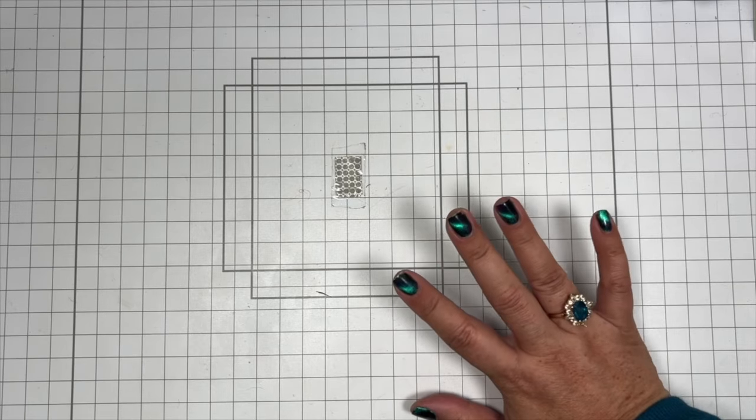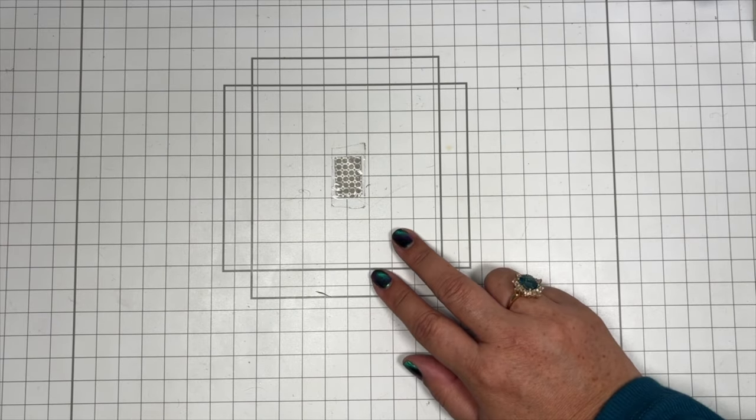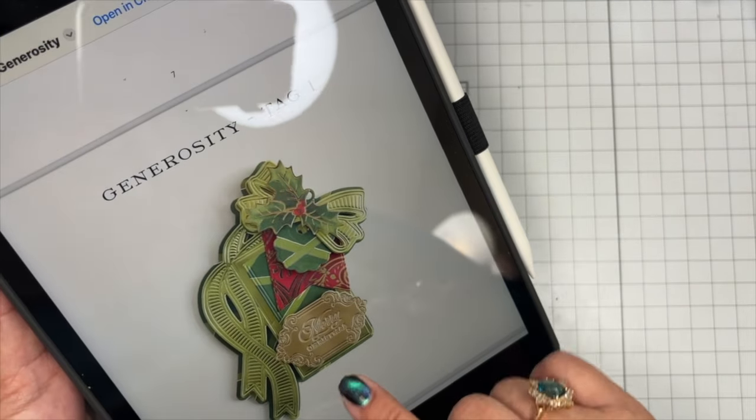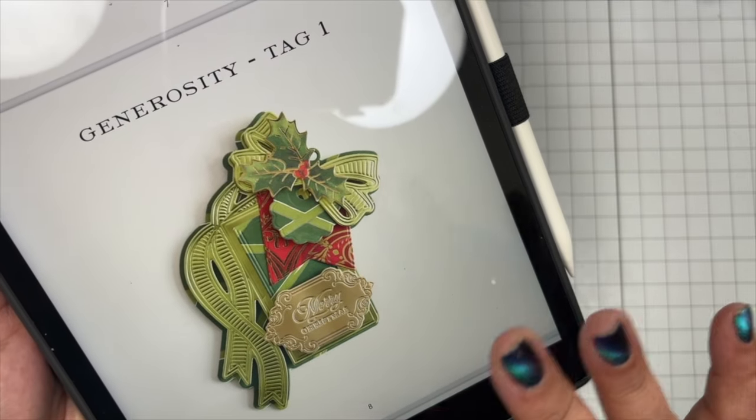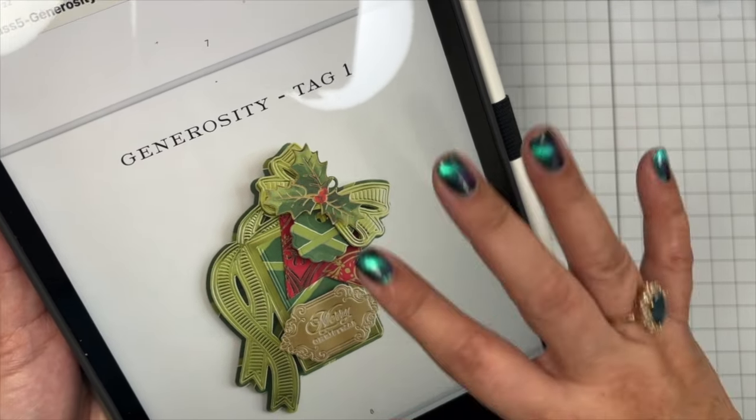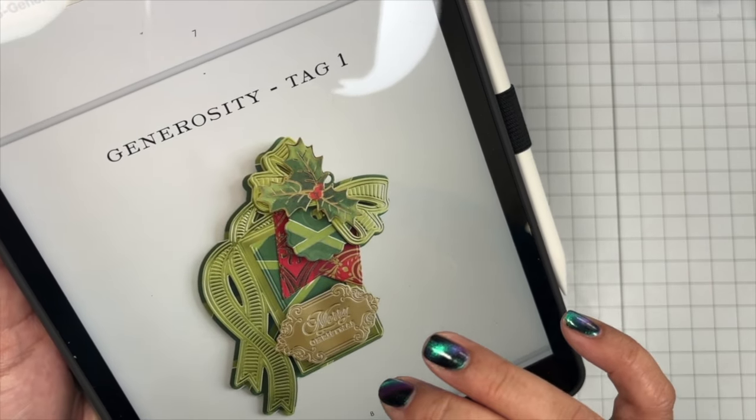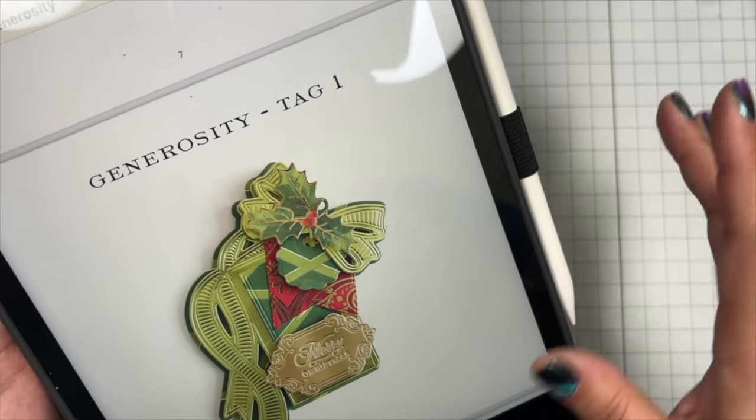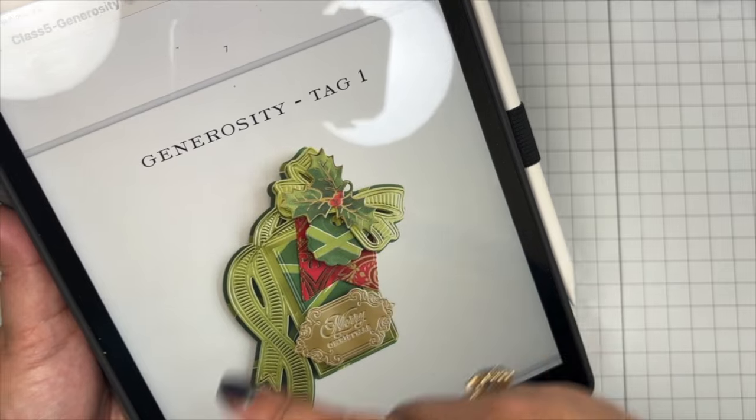For class number 5, so the second class of day 2, it was generosity gifts. And we created 6 tags. And so like this is for tag 1. Now, per my usual, I turned every single tag into cards. So there were 6 tags that were made for this class. So I made about 8-10 cards. I don't even remember, but I will show them to you